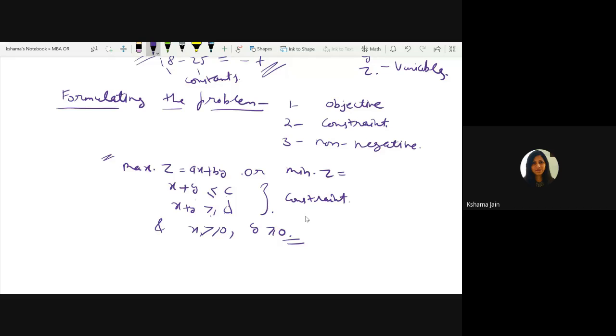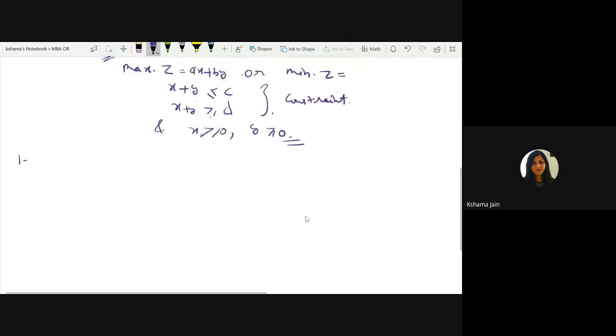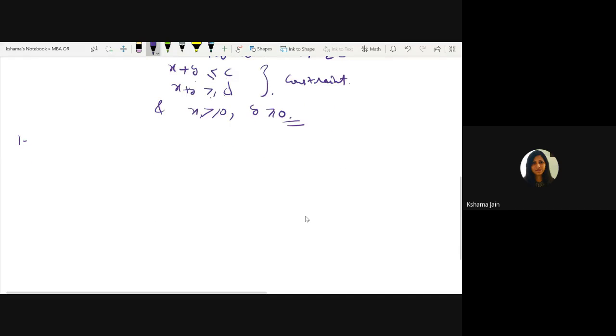Understood, ma'am. Okay. Here, one more thing I just want to tell you. In the LPP questions, problems are huge. It will look like sometimes 9 or 10 lines, or in fact, one paragraph. So no need to get scared. The problem will be very big, the answer will be very small. Actually, in theory, what we are doing, according to the theory, is converting into numerical. So no need to get worried about that.